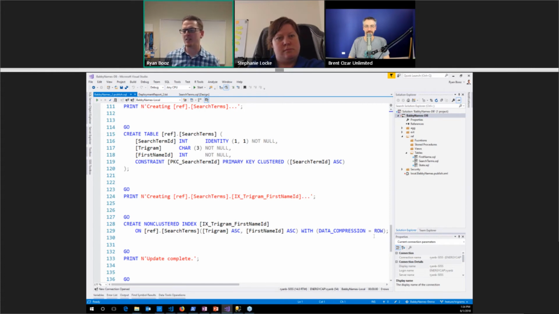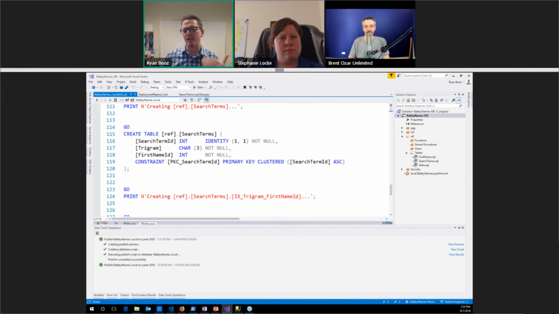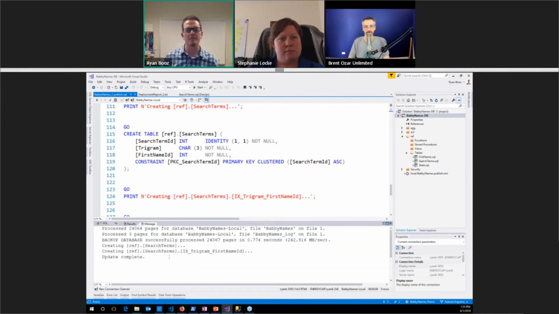And then last but not least, you also get the results. So this is what you would expect to see if I had run this in SSMS, for instance. I get the same kind of results view to see what happened. This is also where, when there's an error, you'll often see the error, and you can use that for later. All right, so that's great.